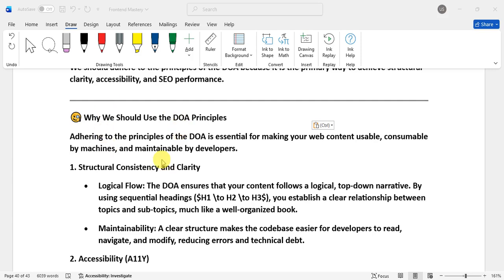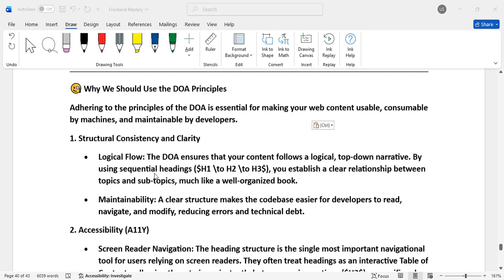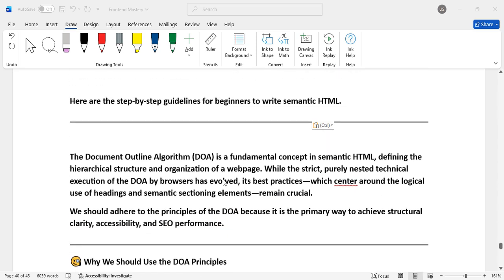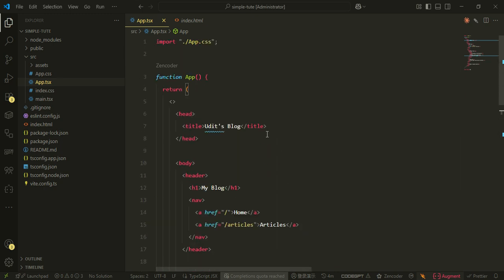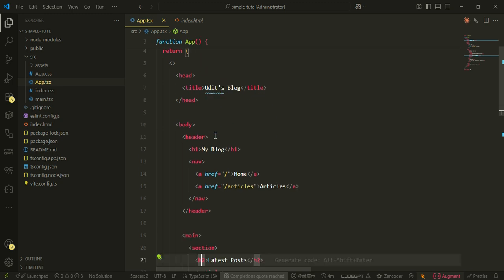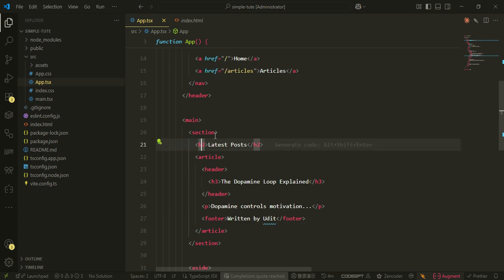Hey guys, this is Udit, and today we'll be discussing a very important concept called the DOA principle, which is the document outline algorithm. So, document outline algorithm, what is it? Going to our code, the document outline algorithm is basically about following a sequential direction, a